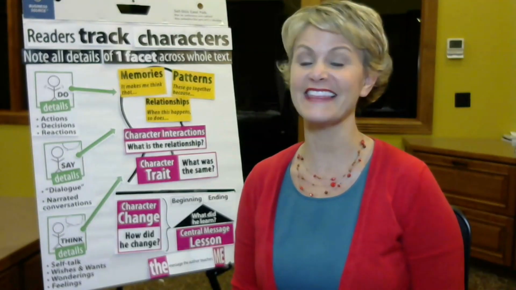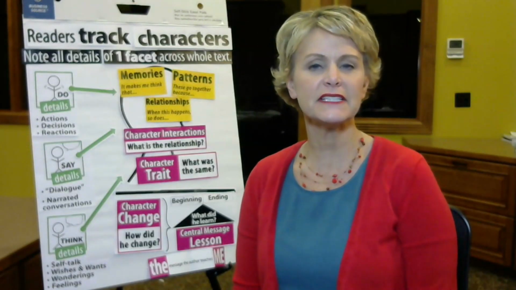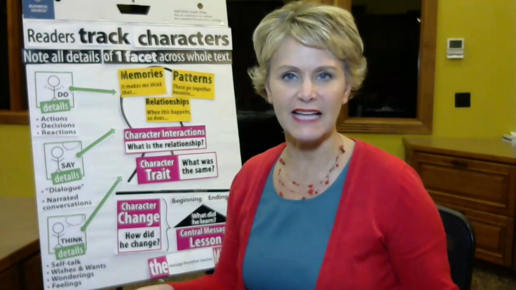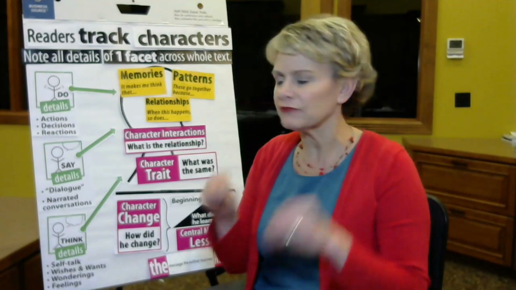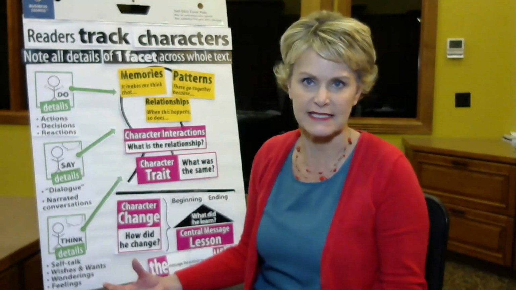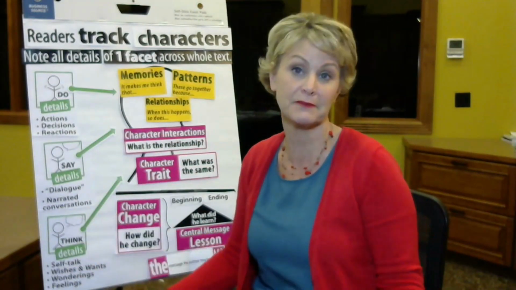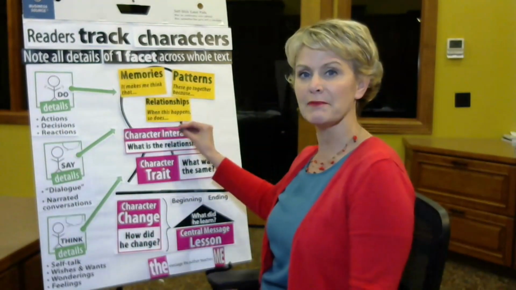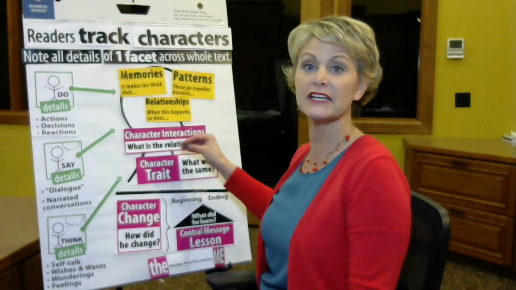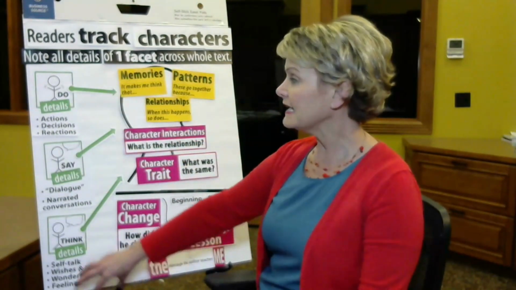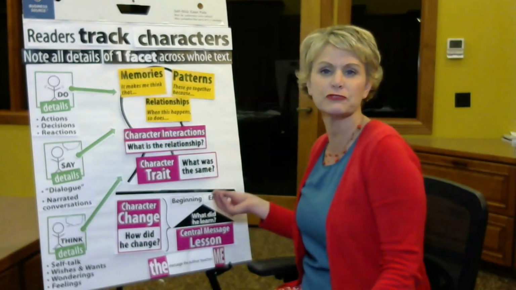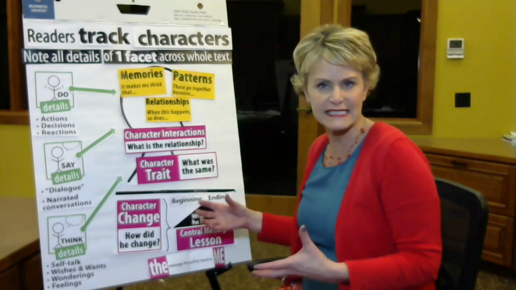This is Mrs. Smekens, and this is the last lesson in our series about tracking characters. We've worked for several lessons now at really looking carefully at how authors develop characters so that we can then make inferences, claims, opinions. We can draw conclusions about the relationship of different characters. We can draw conclusions about a character's trait or personality. And we can draw conclusions about what we believe the author's theme, central message, or life lesson is for the